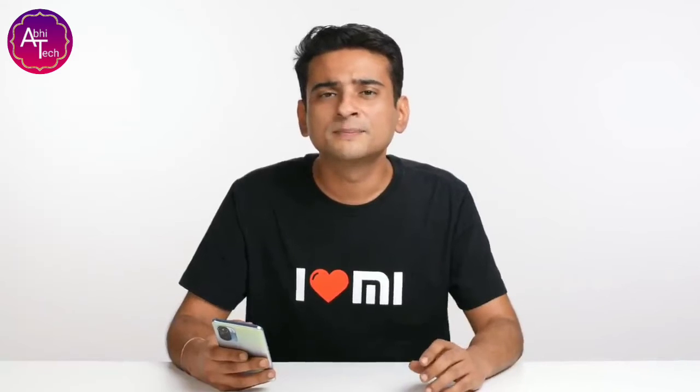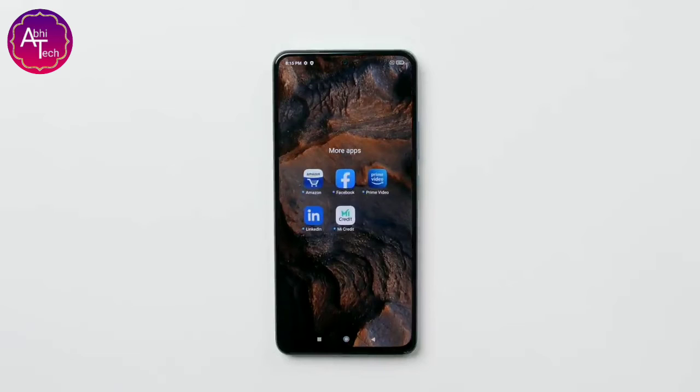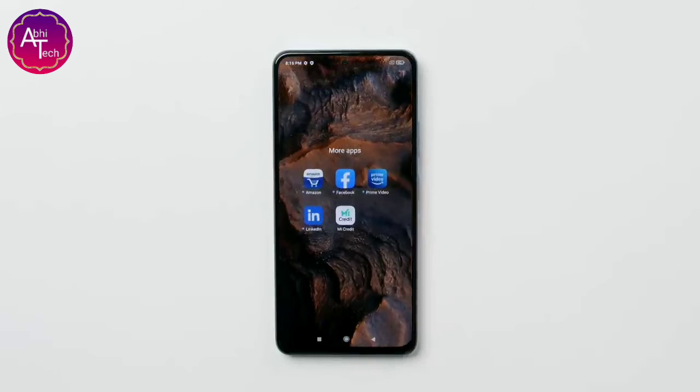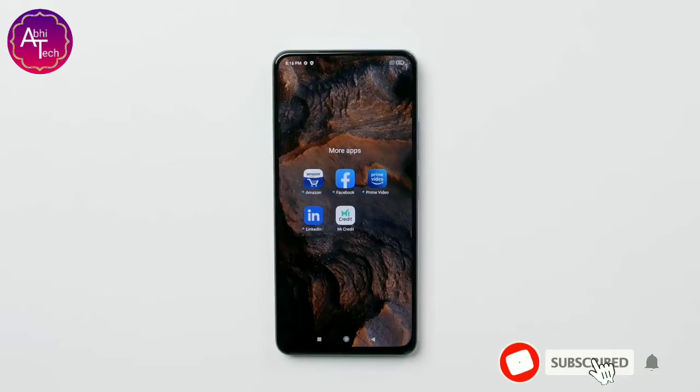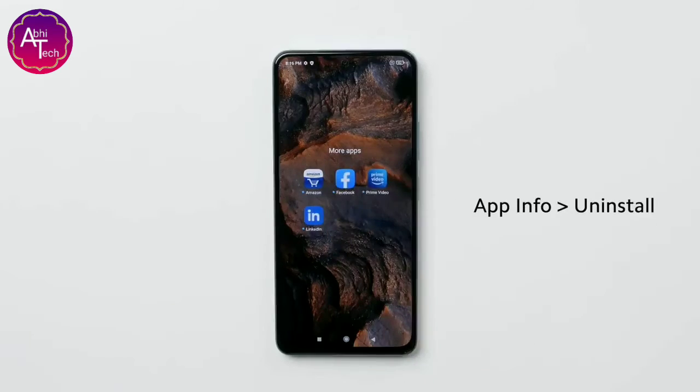To help you get started quickly, the only other apps which are preloaded on your phone, and I don't think you would consider them as bloat or bloatware, would be the biggest social networking platforms such as Facebook and LinkedIn, your favorite content apps such as Netflix and Prime Video, and your favorite shopping app, which is Amazon Shopping. Along with that, you will also see the support for Mi Credit. Mi Credit is Xiaomi's official lending platform, which offers instant personal loans with an easy application process. Please note that this is not a third-party app and you can also choose to uninstall it. The choice basically is yours.